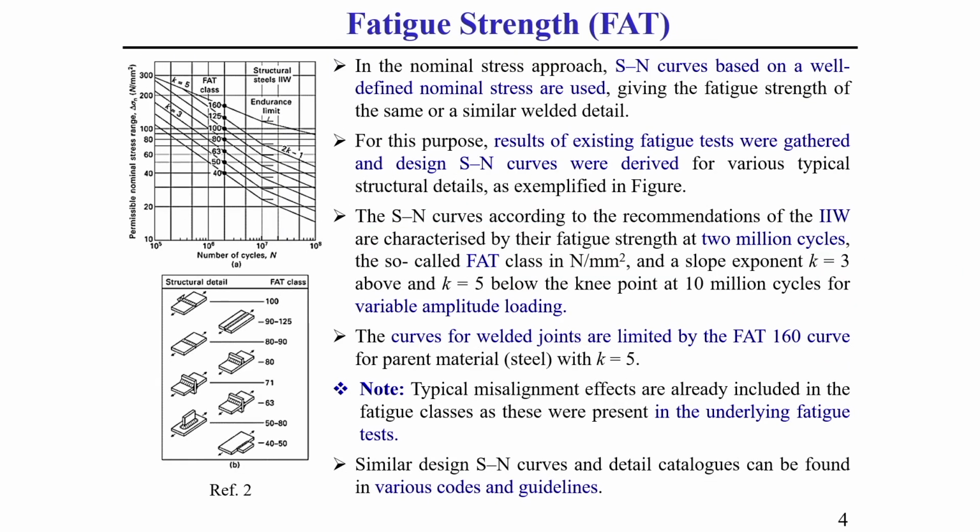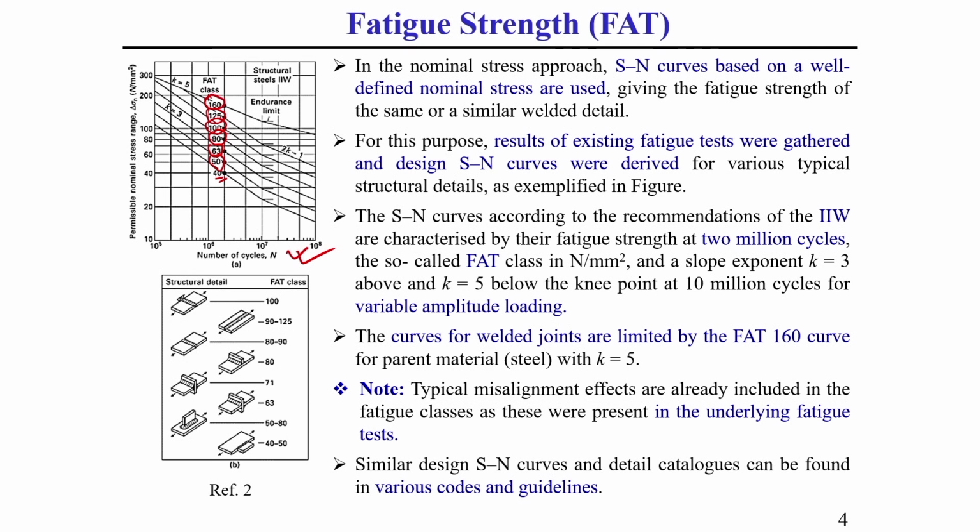Now, I am going to show you this FAT strength according to IIW for different types of weld geometry, that you can see from here. So, here you can see this curve generally represents the FAT strength for different configurations of welded joints. For a FAT value of 40, how the curve looks, 40, 50 you can see, then 63, 80, 100, 125, and maximum it is limited up to 160, that you can see.